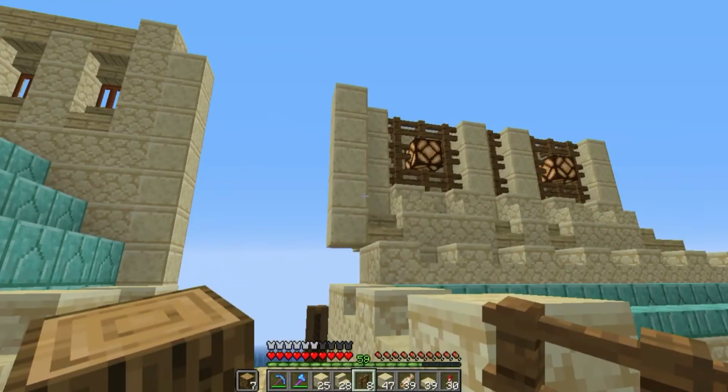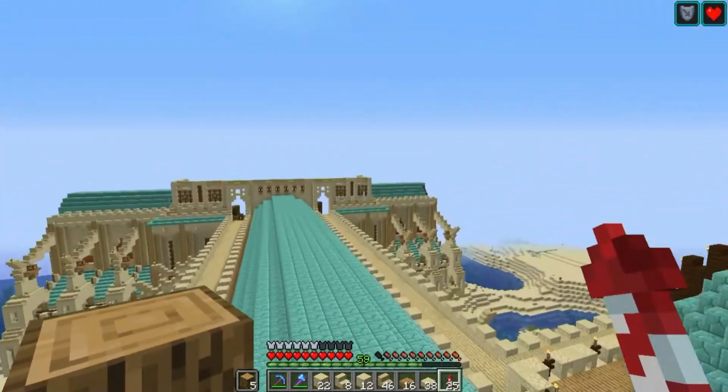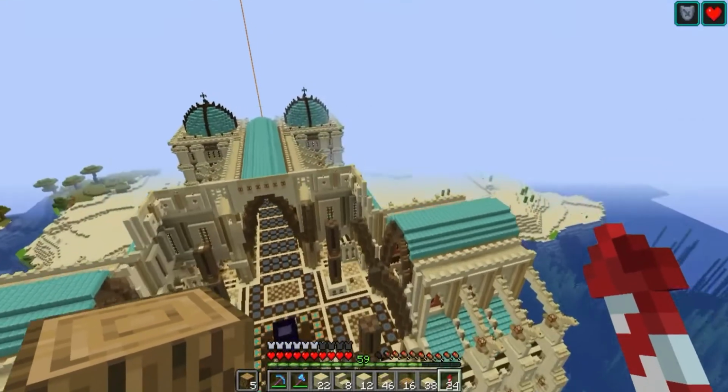Tough guy. All right, let's get a look from the air and see. Yeah, that looks good. Now let's see if we can get a look from the backside. Yeah, it looks